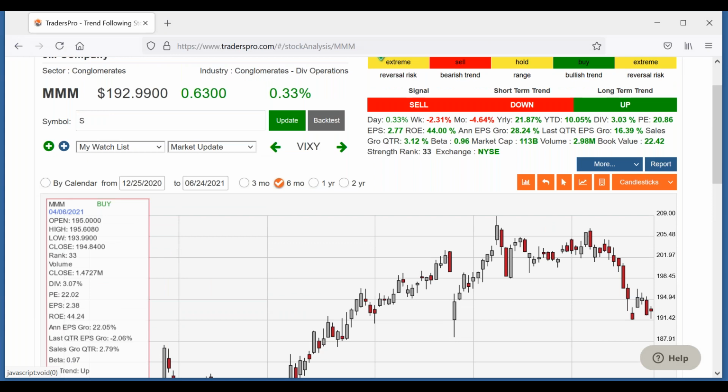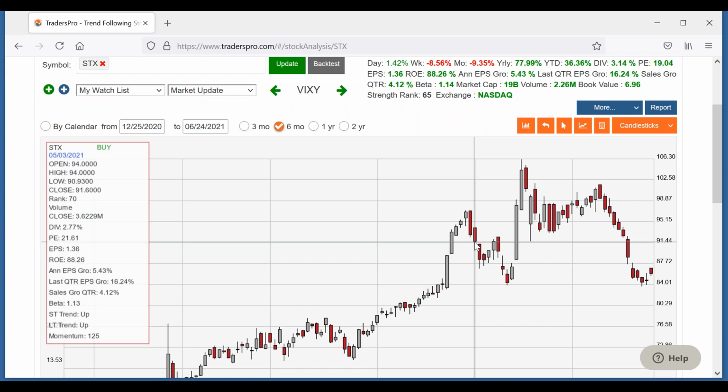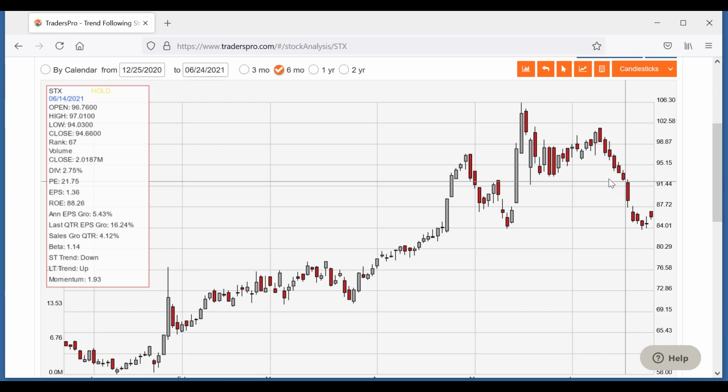Look at STX. Now this is one that we can kind of watch in real time here. Here was a low right there. It opened higher the next day, closed at the low of that previous day. Did dip a little bit the next day, which usually you don't see, but it has started to move up a little bit. We'll see. Sometimes with these candlestick formations, you don't always get an immediate move. I mean, even if we go back to